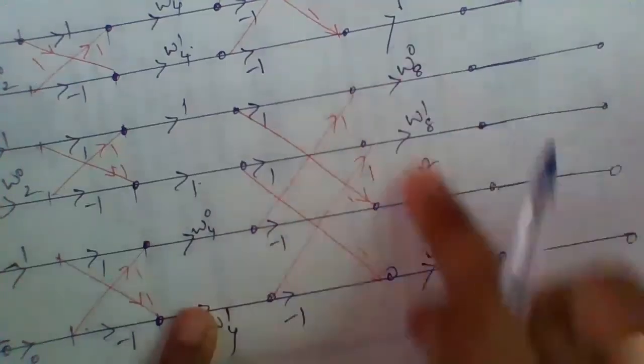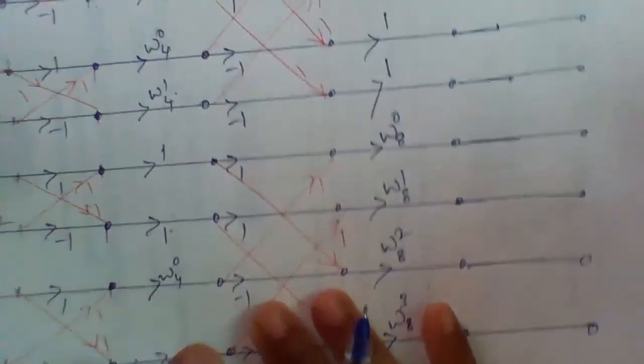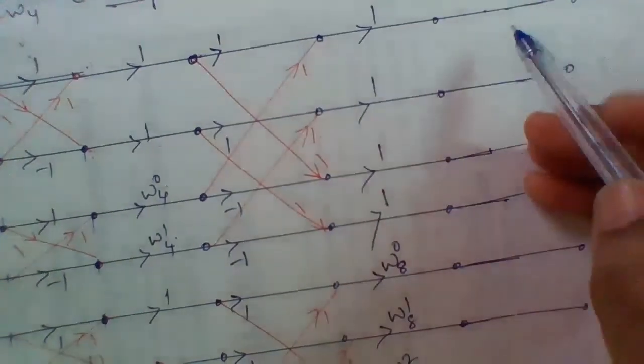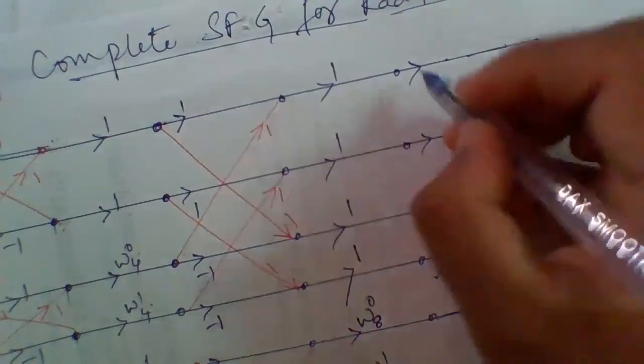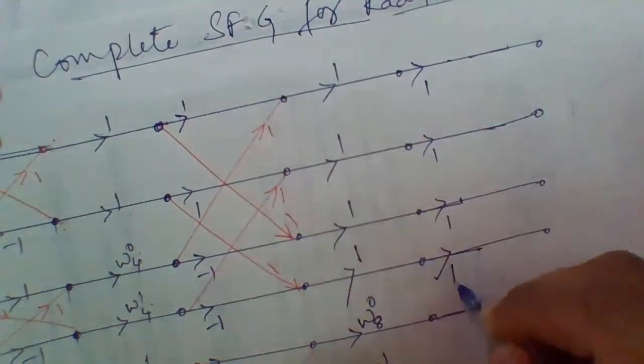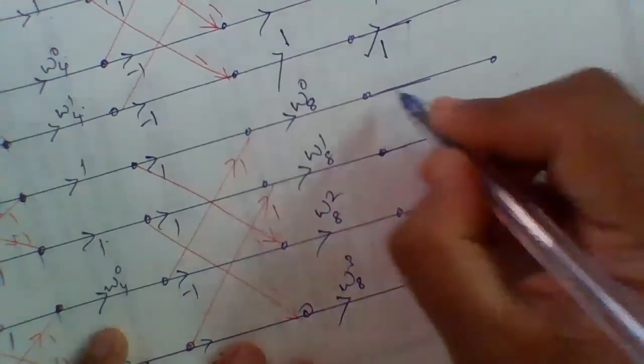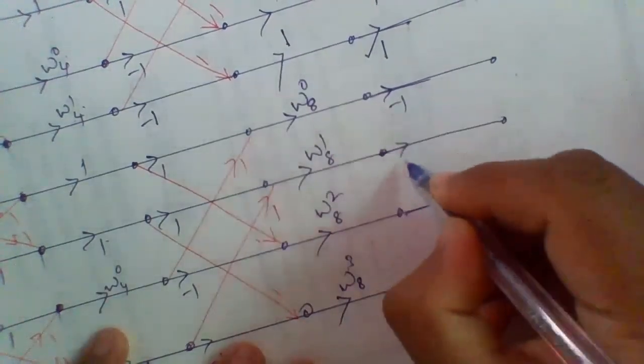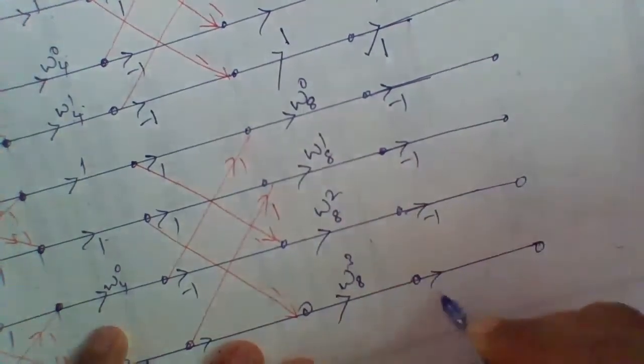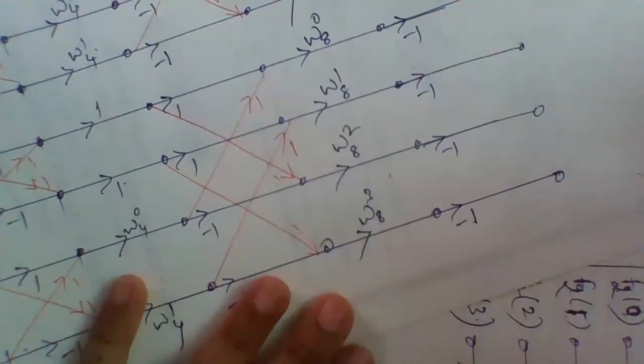Once you mention all the twiddle factors, we will directly join them, but before that we have to mention the signs. The first 4 are plus, so directly write 1, 1, 1, 1. The second four are minus 1, minus 1, minus 1, minus 1. Now in the second stage